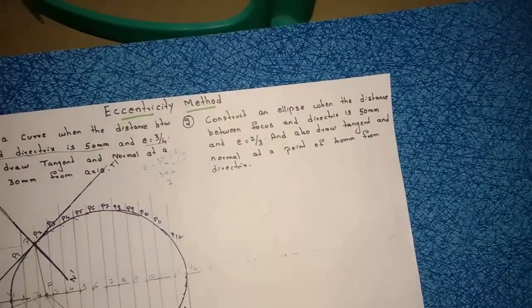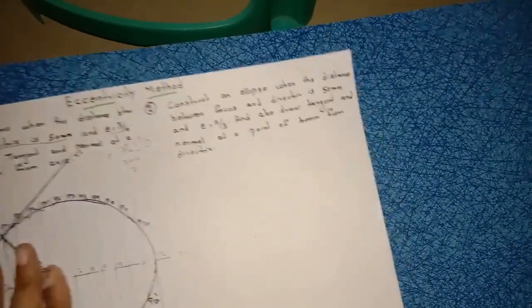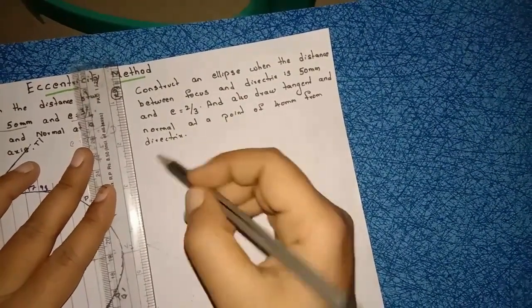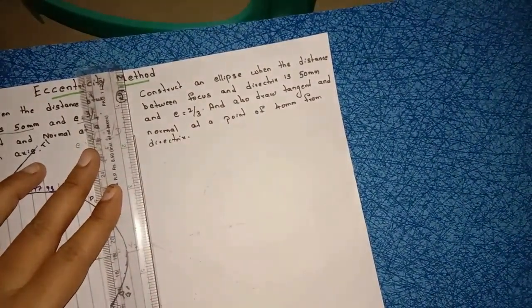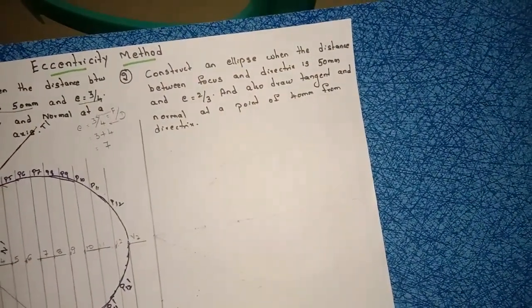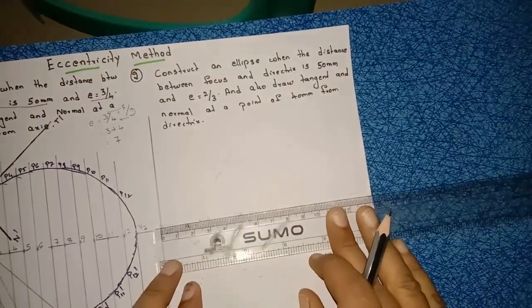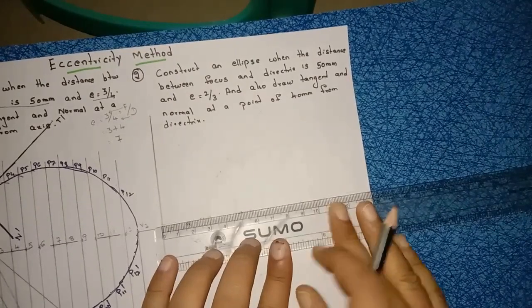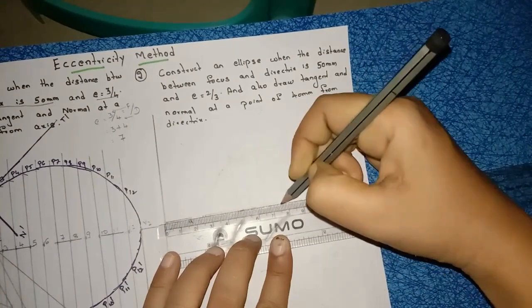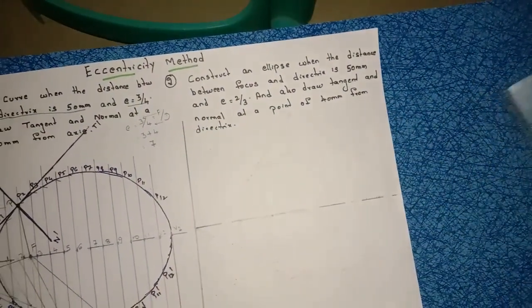Now let us start again. Once again I am repeating how to construct, right? Please listen properly. First step, draw the directrix line of any length. Then mark the midpoint of the directrix line, right? Now draw the axis line of any length. The axis line will be dash dot, right?